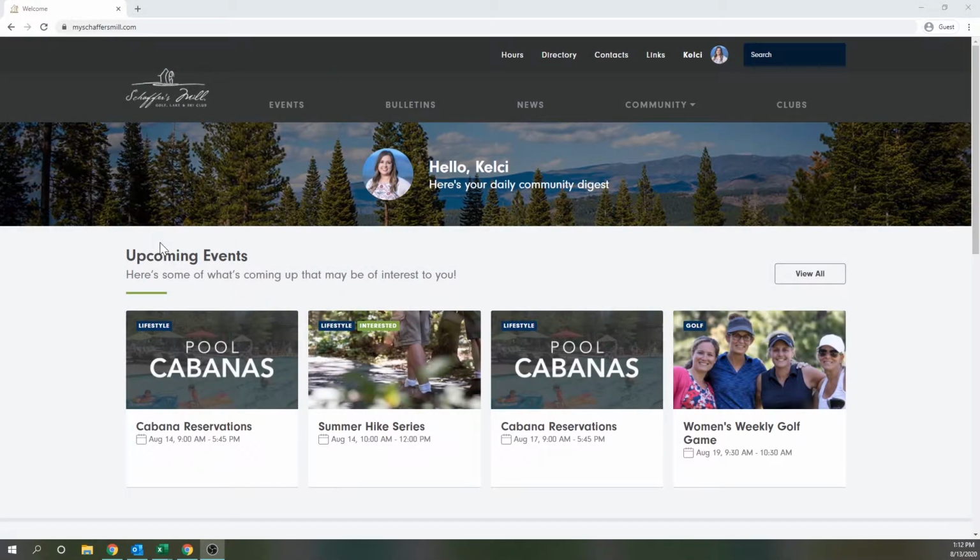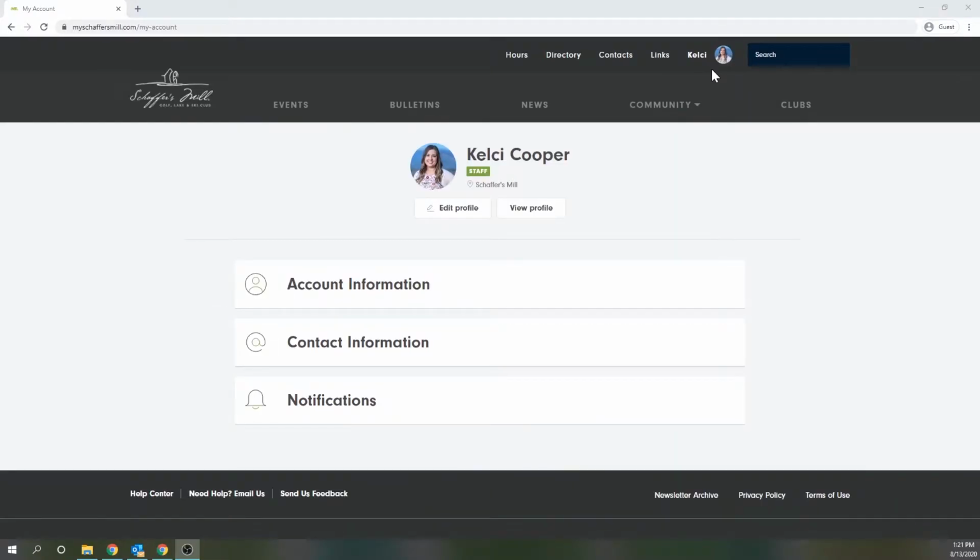Once you're logged into myschaefersmill.com, to access your profile settings, you'll hover over your name in the top right-hand corner and select My Account. Here you'll find a few different sections where you can update various information within your profile. First, we'll jump into the Edit Profile section, which is where you can update some of the more fun information